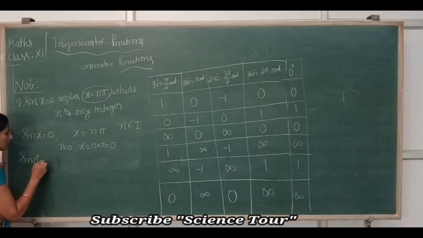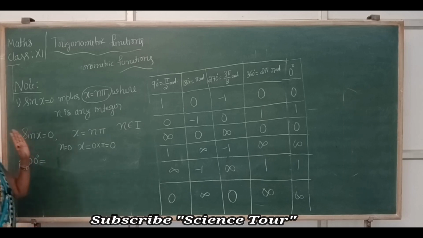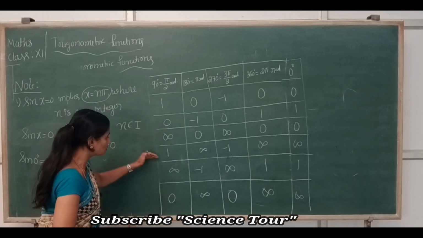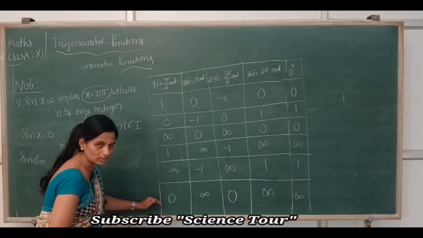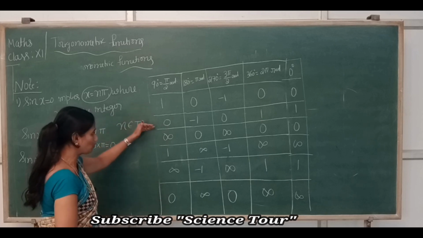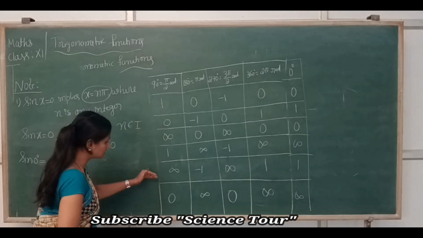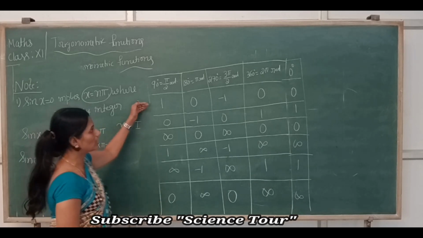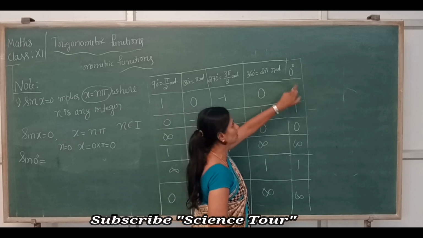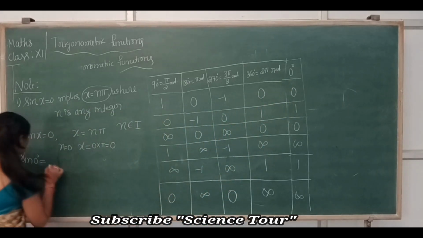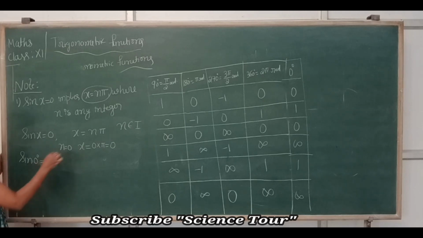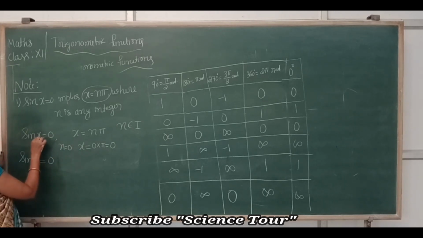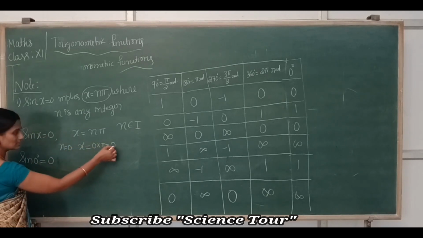What is the value of sin 0 from the table? This is sin, cos, tan, cosecant, secant and cot. Once see your table. So in that, what is the value of sin 0? I wrote here. Sin 0 is what? 0. So what is the answer you got? 0. So when n is equal to 0, that means x takes as 0, the value is 0.